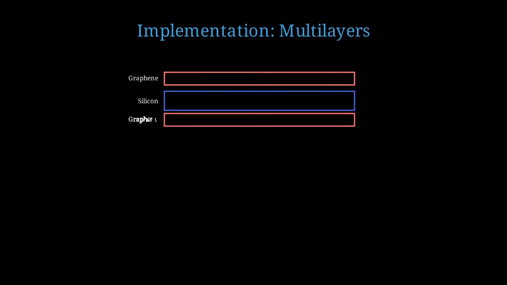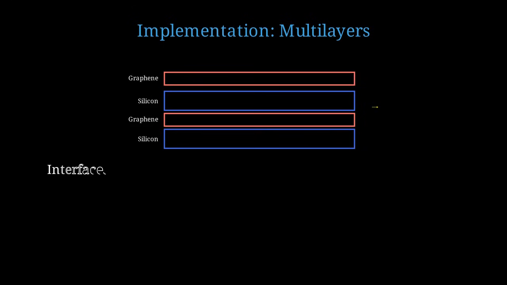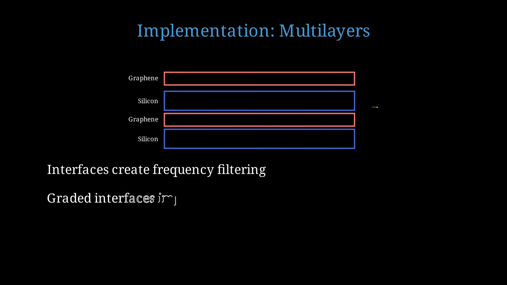Another approach uses multilayer structures with alternating materials. A multilayer structure alternates between materials with very different phonon properties, such as graphene and silicon. Each interface acts as a frequency-selective filter. The cumulative effect of multiple interfaces enhances rectification. Using graded interfaces where composition changes gradually rather than abruptly can improve phonon transmission in the forward direction while maintaining